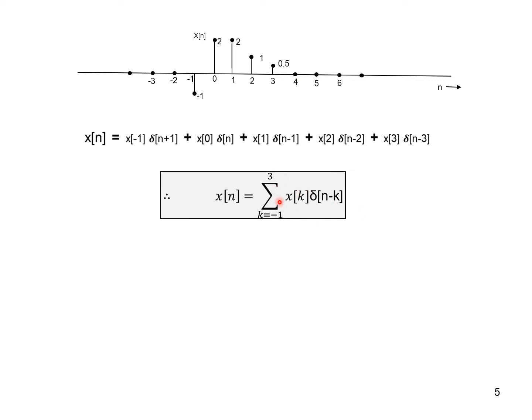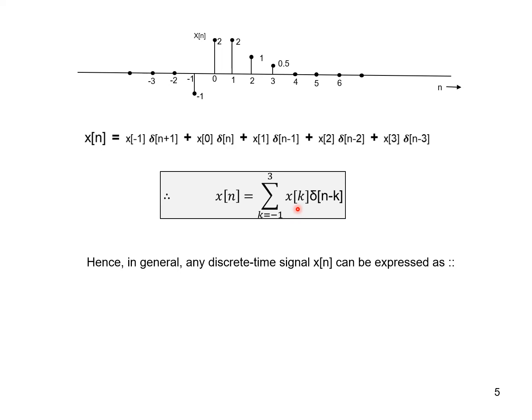Suppose the signal is of long duration, or it is defined for all values of n, from n equal to minus infinity up to n equal to plus infinity, everywhere the signal is defined, a full duration signal with all values defined. How do I write the equation in a summated form using impulses? That means I am going to generalize this equation for an infinite duration sequence. That's what I'm going to do next.